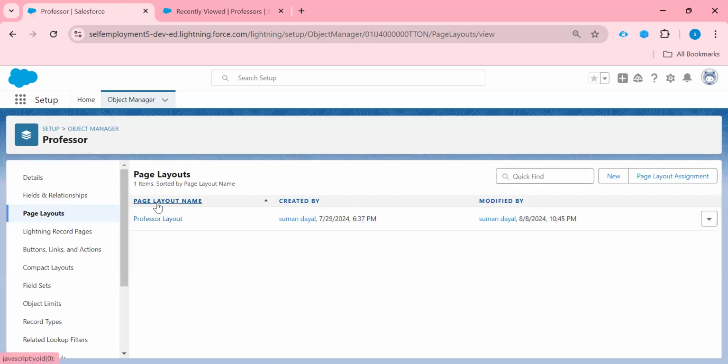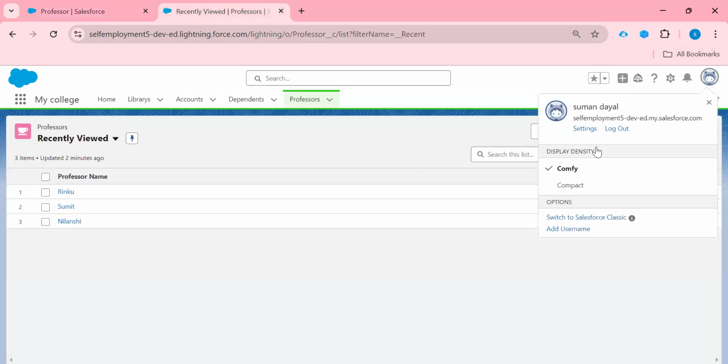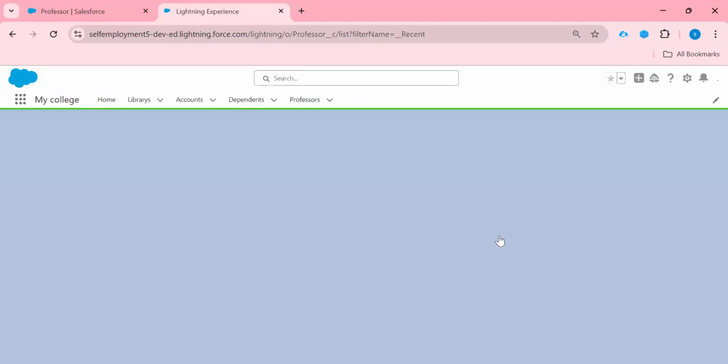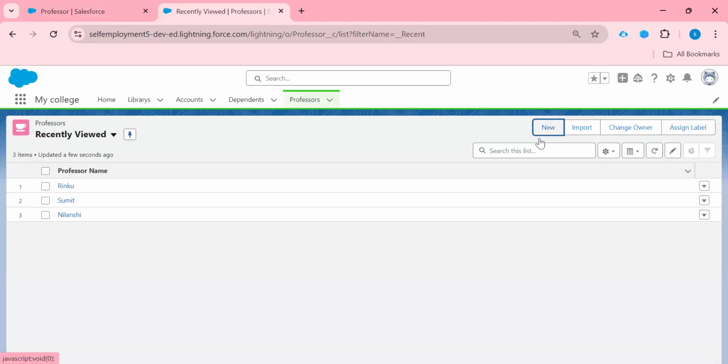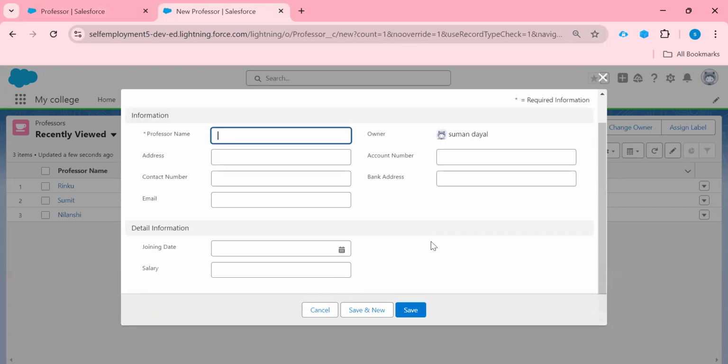If I come to my application and refresh this, and open this, you can see this layout has been changed. Now it is showing in the way which I have designed right now. So in this way you can make any change or design your own page layout as per your requirement to the default one.